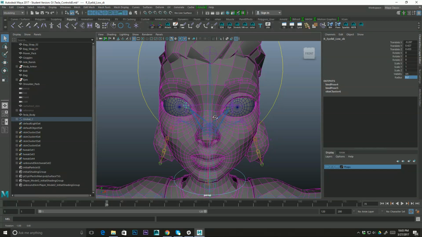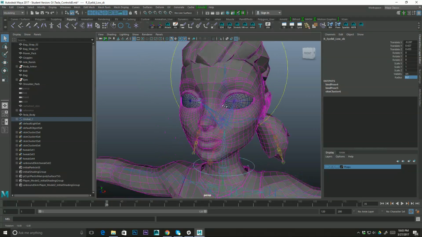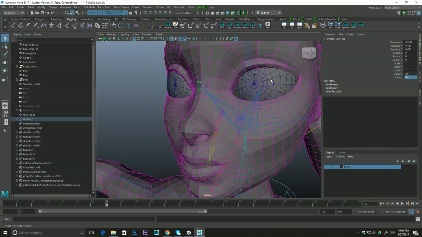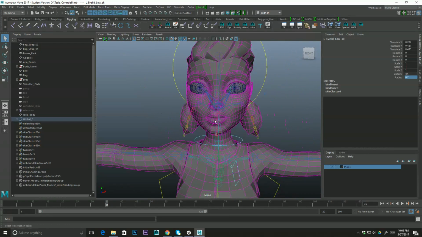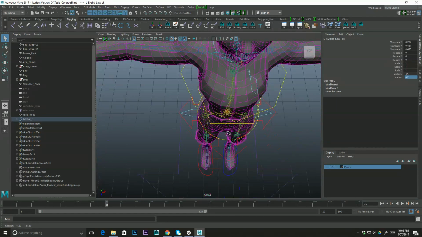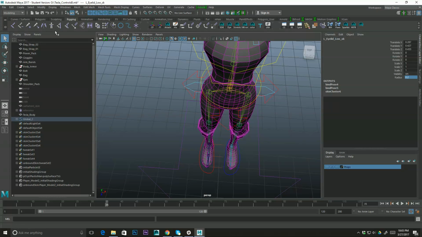Okay, so we've got our model here and we've got our eyes, and then we've got our different joints set up for our upper eyelid and then for our eyeball and for our lower eyelid. And that's what we're going to be setting up to control. So we're going to make the controls that we need for this. We're just going to quickly make